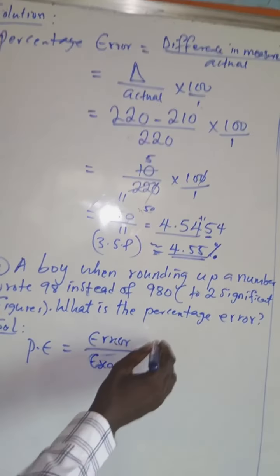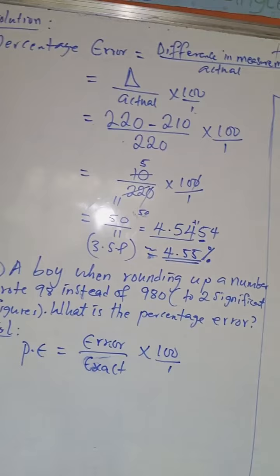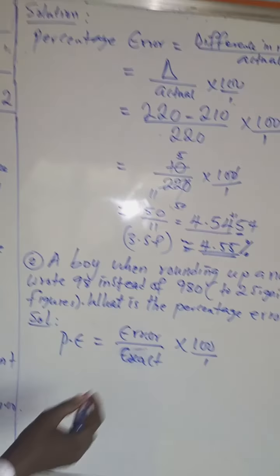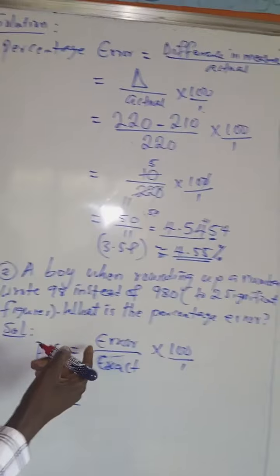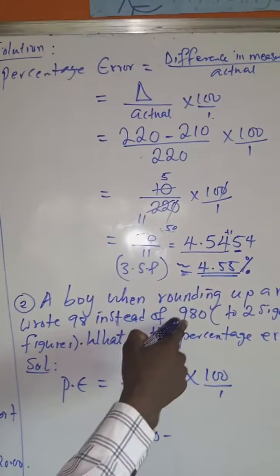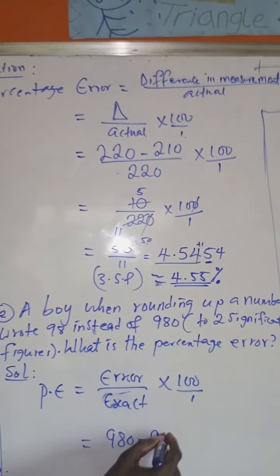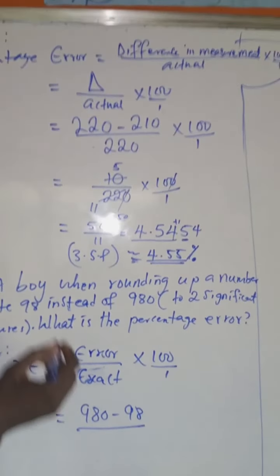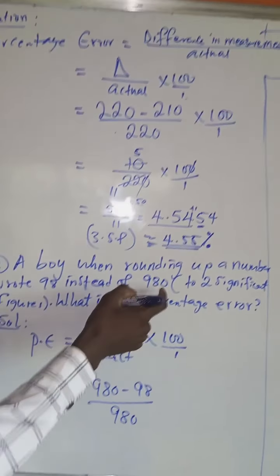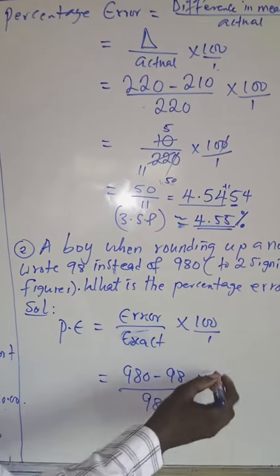It's still the same thing. I'm using different types so that the textbook doesn't matter. So the error will now be 980, which of course is the bigger one, minus 98, divided by that 980, because that is the actual,